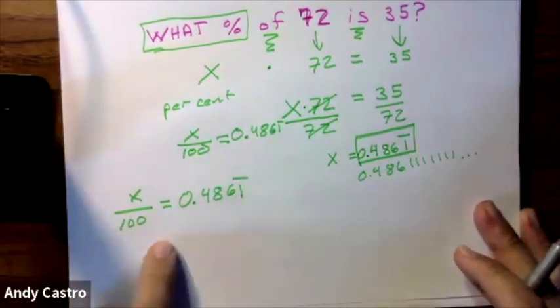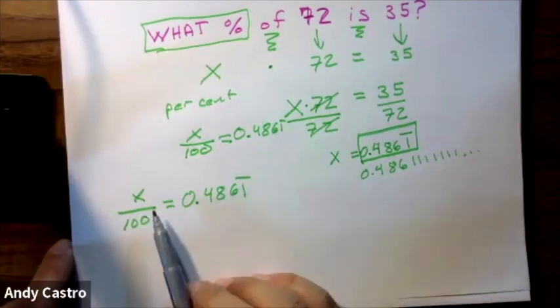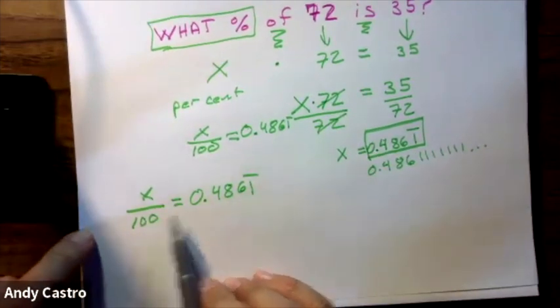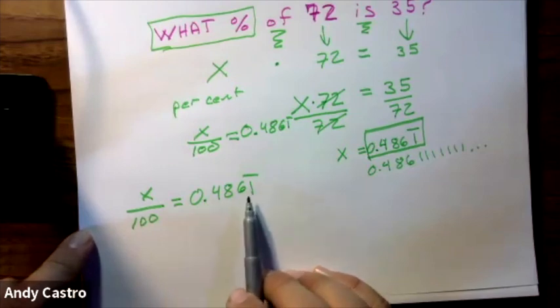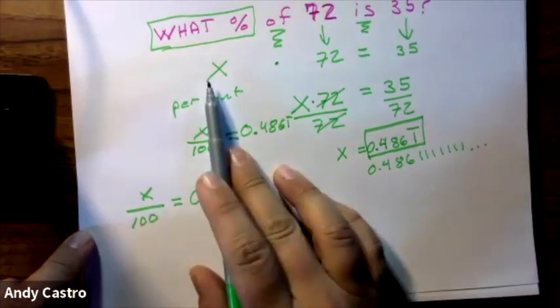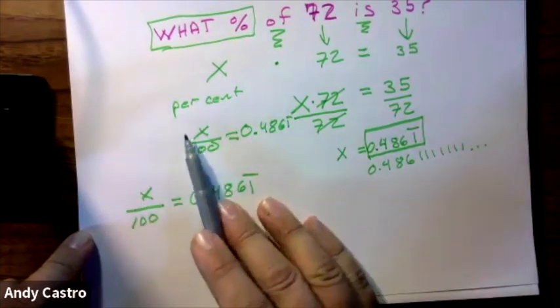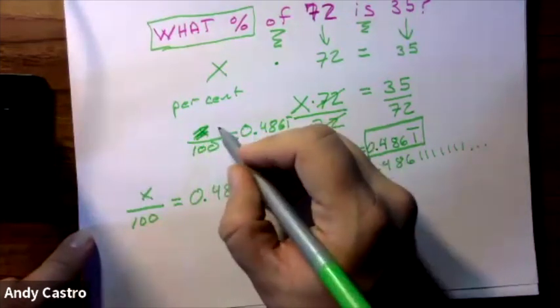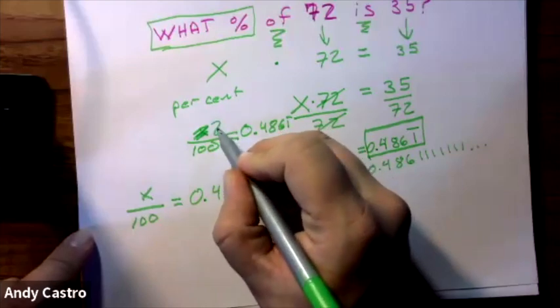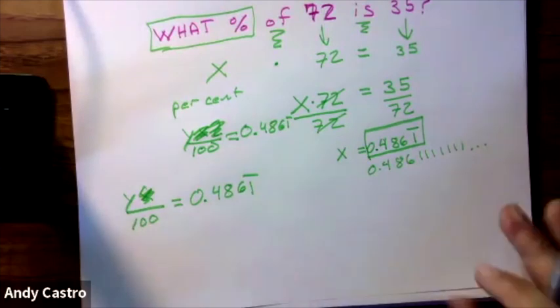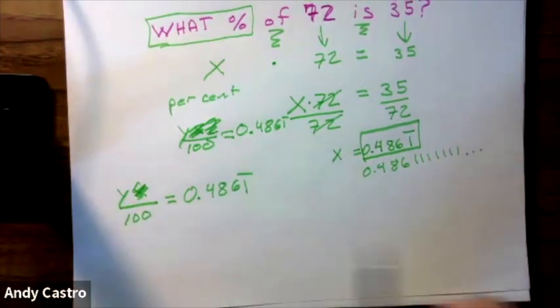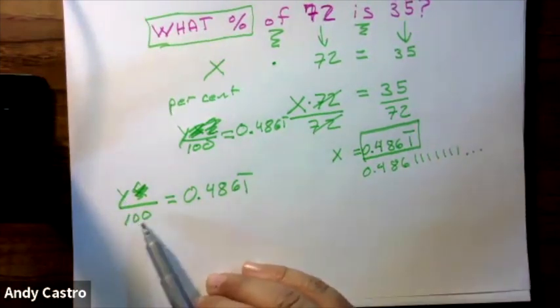Okay, so here, now I have x divided by 100 is equal to 0.4861. Now since I have x here and now I'm using x differently, it's more proper if we change the letter here. So let's change that to y so we don't confuse our x and y. Okay, so y divided by 100 is